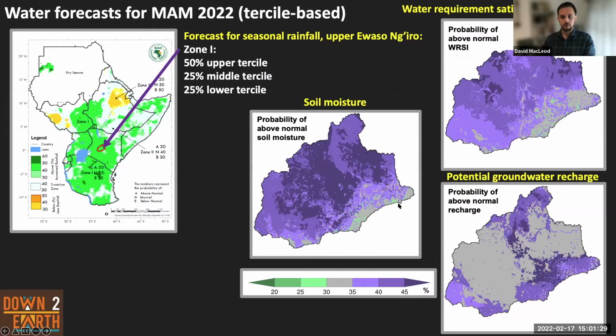So the forecast is what is shown in the middle here, where purple colors indicate increased risk, increased chance of above normal soil moisture, and then gray colors indicate the chances between 30 and 35%, which is the long-term frequency of the event. So gray means no increased risk of above normal soil moisture. So the chance is normal.